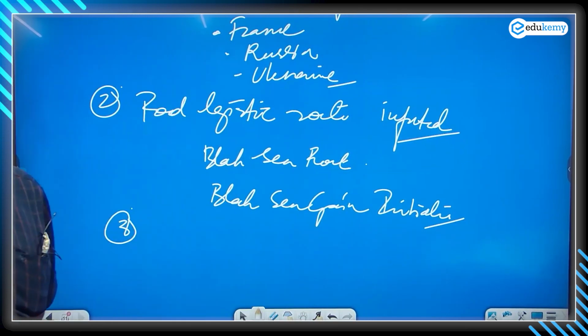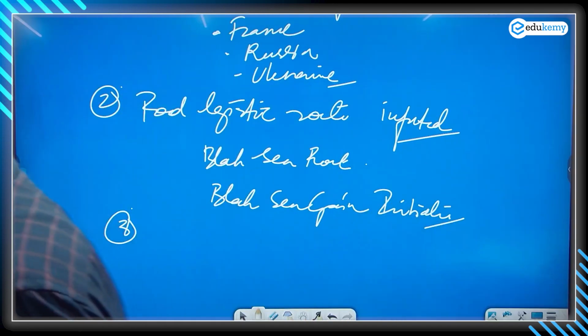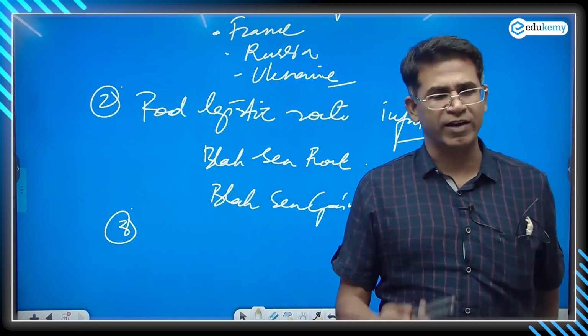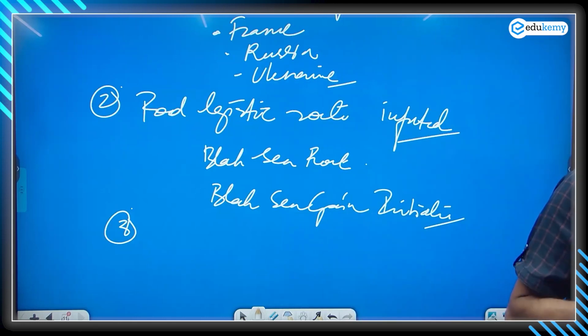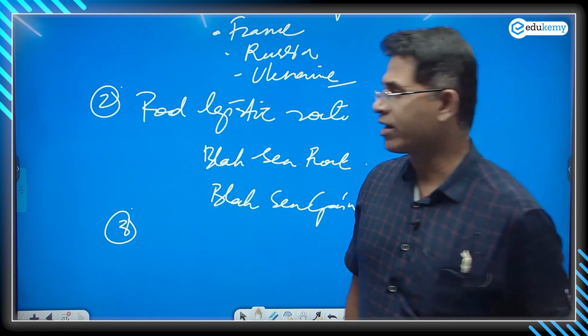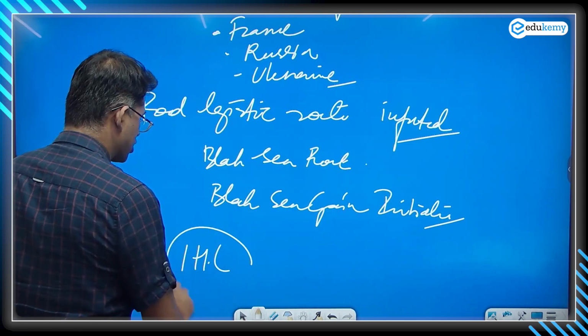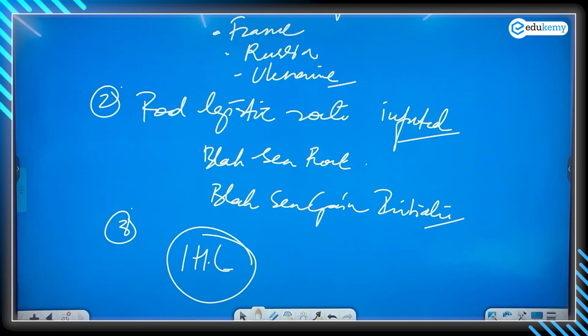Third, it seems like Russia is using food and grain supply as one of the weapons in conflicts, which is outlawed in international humanitarian laws. It is outlawed in IHL, as we say. IHL, international humanitarian laws, where food cannot be used as a tool. Food and hunger cannot be used as a tool. The 4th,